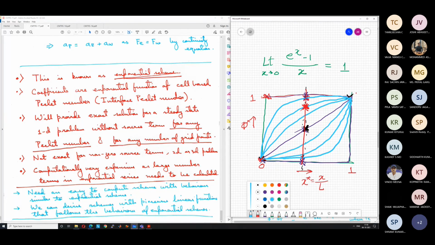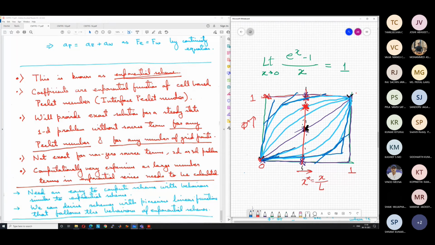What to choose? Let us choose this. So we can take one straight line for this. My drawing is very inaccurate. For the bottom line, we will take one straight line for this, then another straight line for this part, and another straight line for this part. Like this, we can approximate in a better way. Similarly, for this, we can take one straight line like this, another straight line like this, and another straight line like this. So piecewise linear functions we can use.